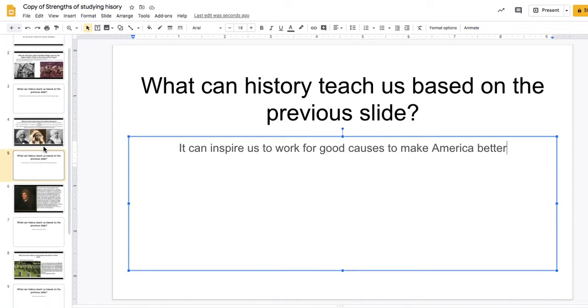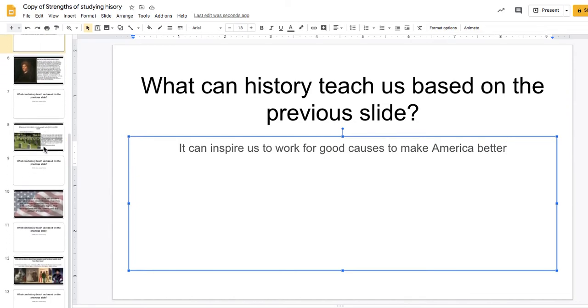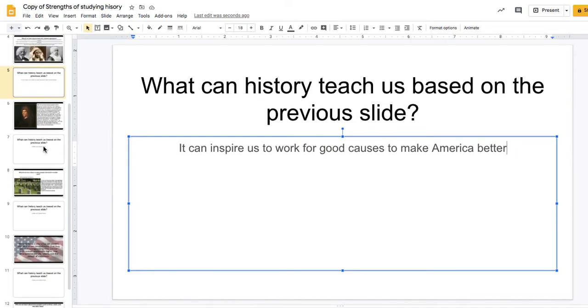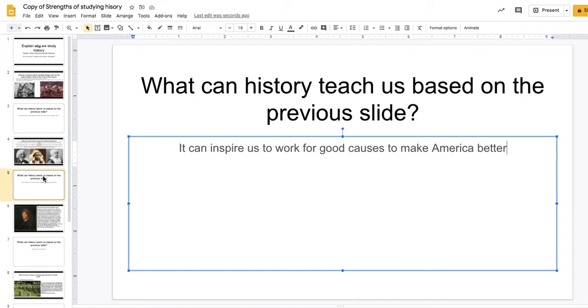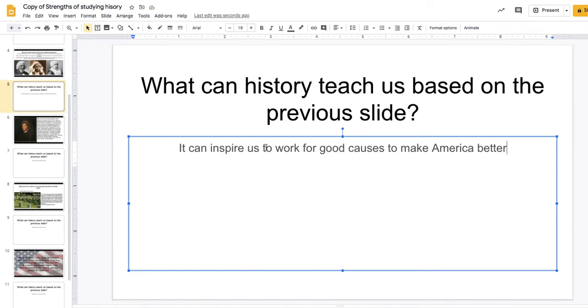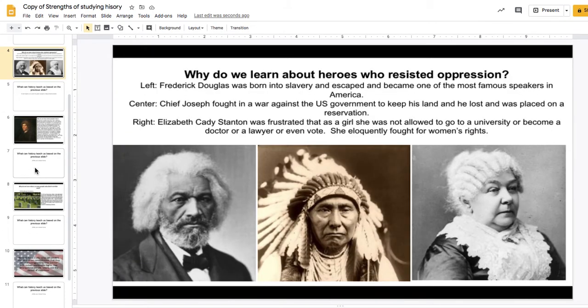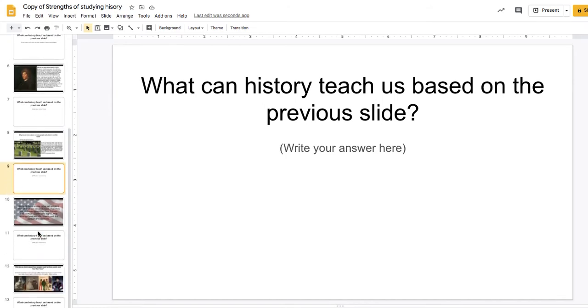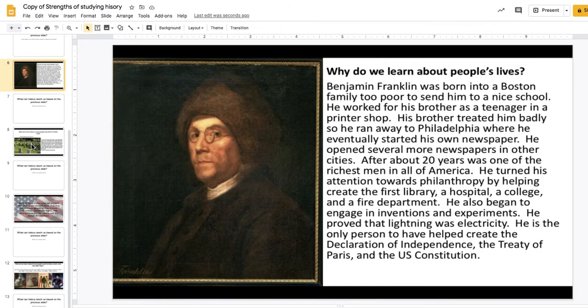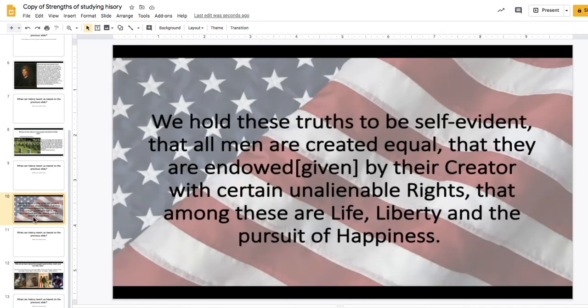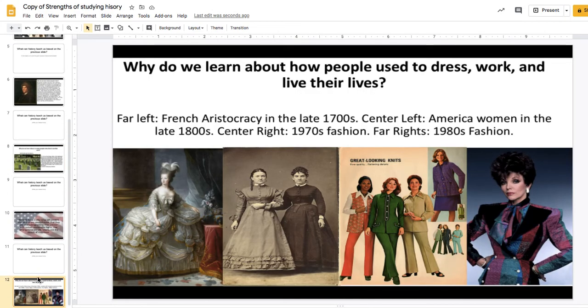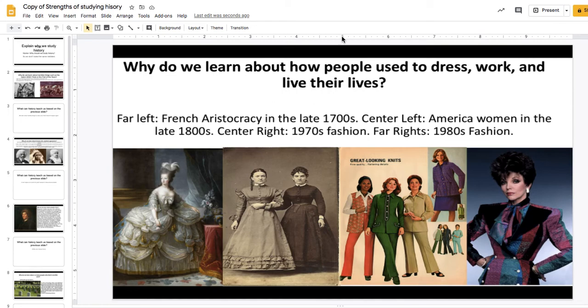Now for the rest of the slides, there's just a few more. Just keep doing the same thing. Read the text, study it. What can we learn from each of these slides? And then you just type right in the Google slide, and you'll submit the Google slide. So you'll do this one, this one, this one, and this one. There's just four more, and I think you can handle that. And if you do get stuck, write an email or ask a question.